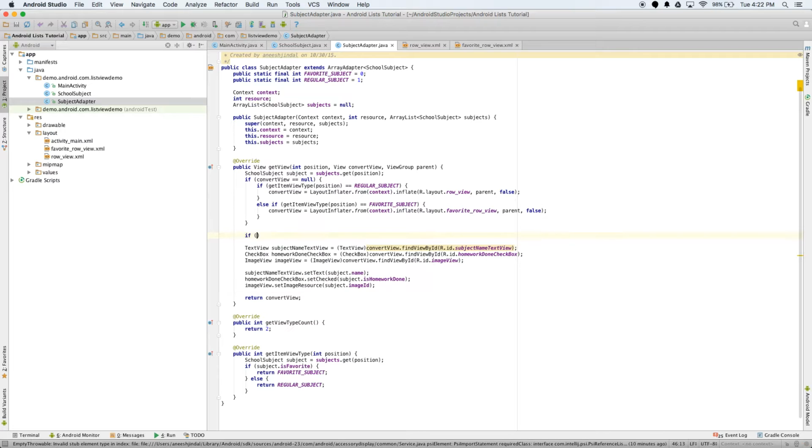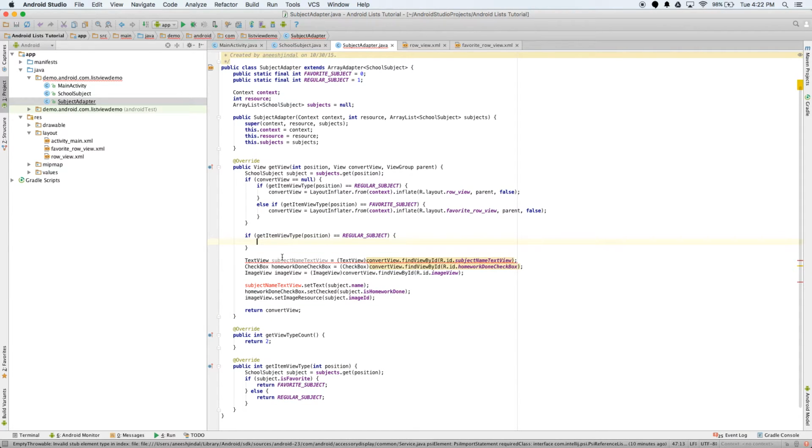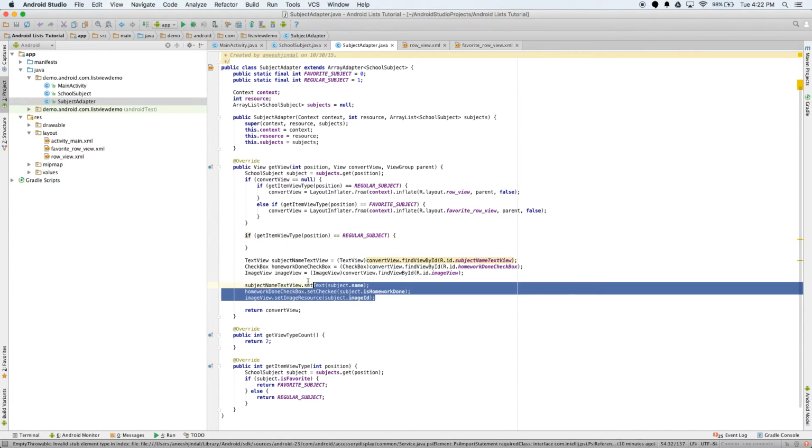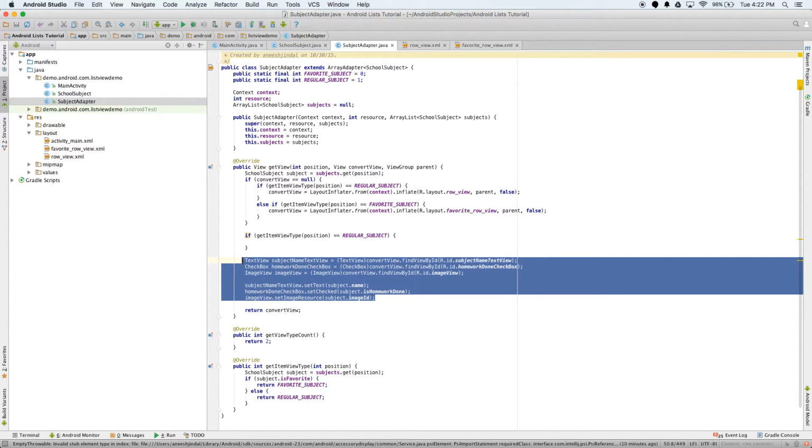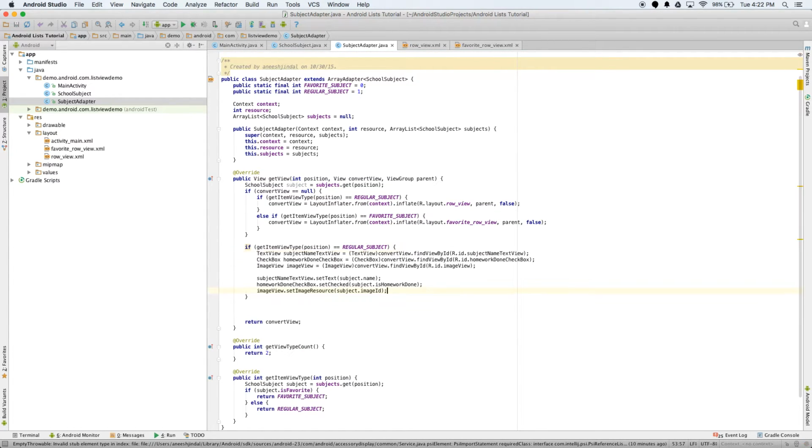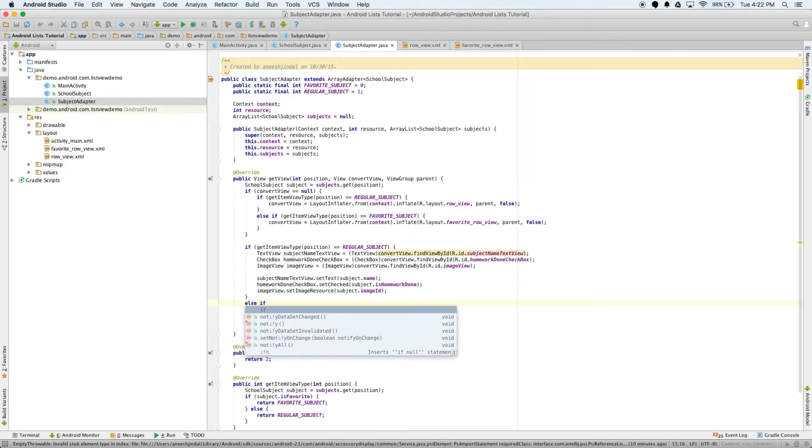If get, and obviously because I'm calling this so much, I might as well just call it in the beginning. But I think it's just more clear this way. If we just called it in the beginning and saved it to a variable, that would also work. So let's just do, if it's a regular subject, what happens then? Okay. So actually, all of these were made in the case it's a regular subject. So we'll just copy this into this block. Okay. So then what happens if it is an else if,